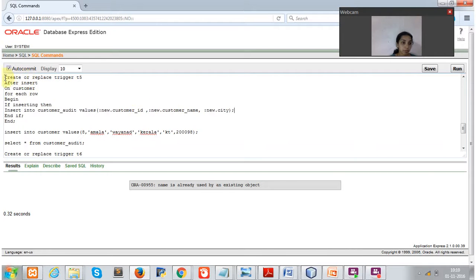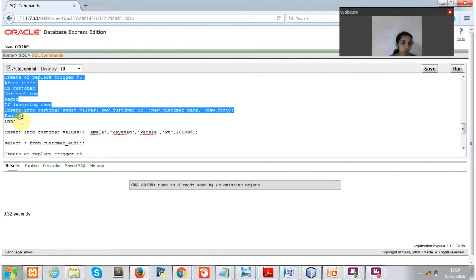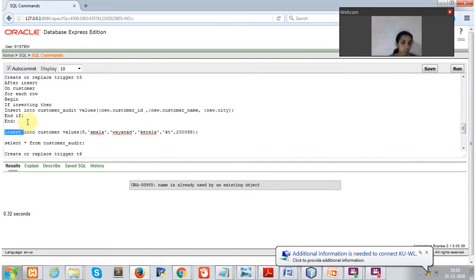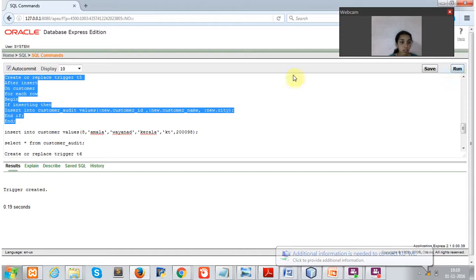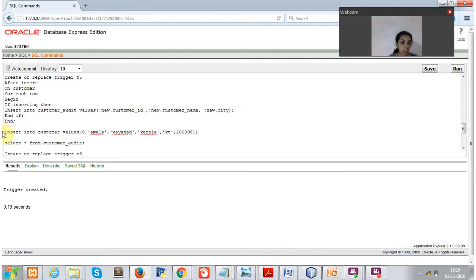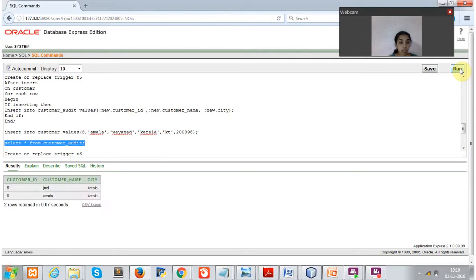So while we are running this one, the trigger is created, and while we are inserting values into the customer table, the row is inserted, and we will select from customer audit,